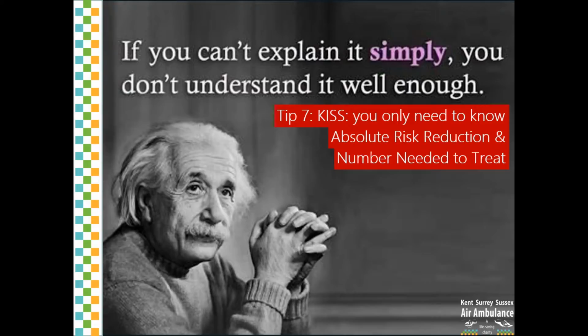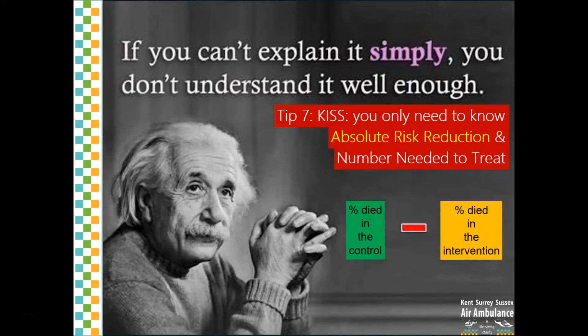So for me, when I'm reading a paper, an interventional trial, the only real thing I want to know is what was the outcome in the intervention group and what was the outcome in the control group. So let's talk about mortality, for example. When I'm thinking about absolute risk reduction, I'm thinking about what percentage died in the control group, what percentage died in the intervention group, and what was the simple difference between the two. That gives me a nice, easy number that anyone can understand,